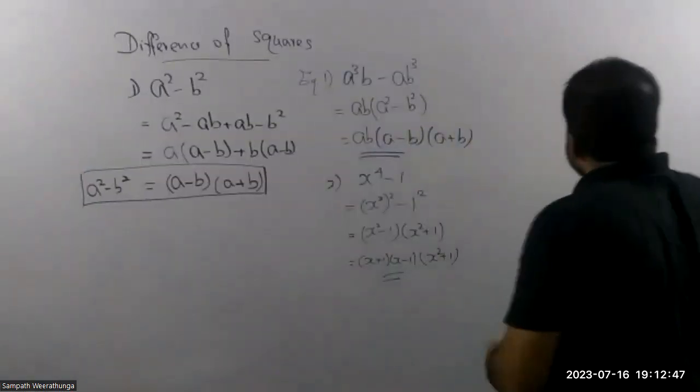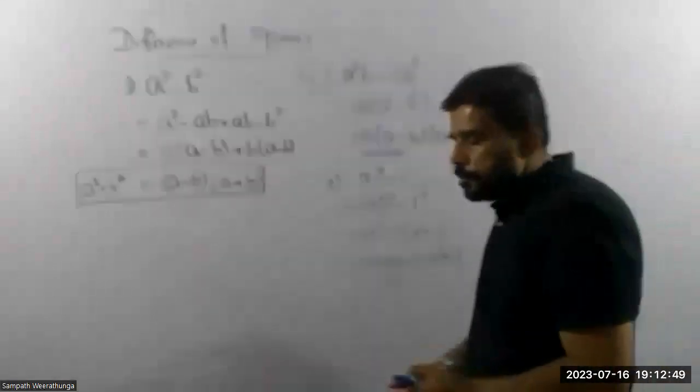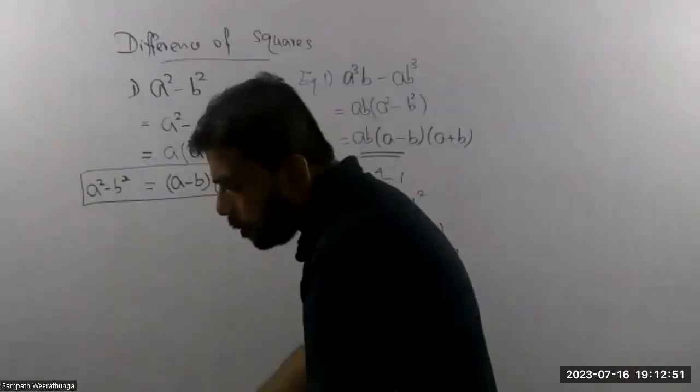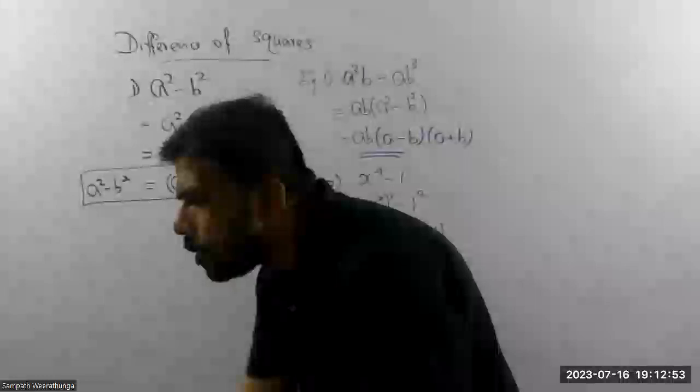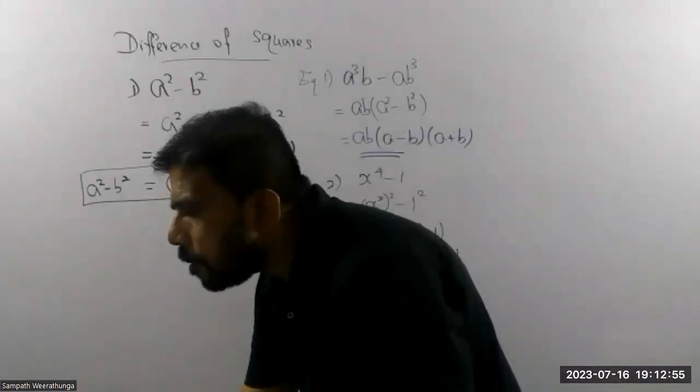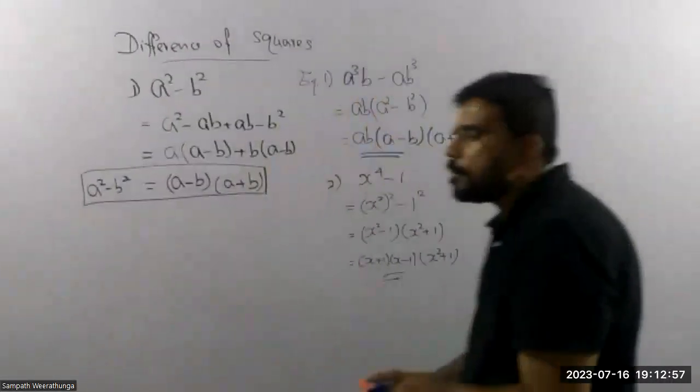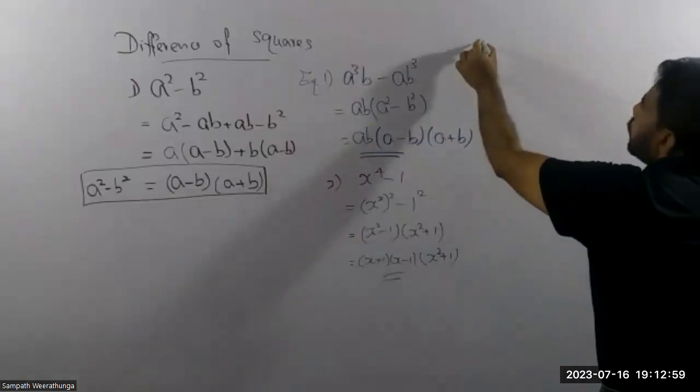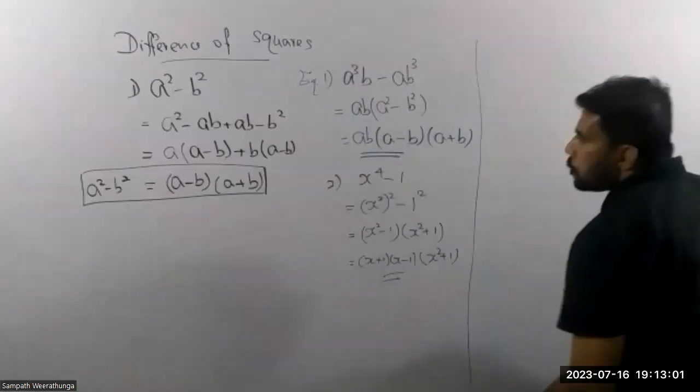Okay. Let's see some more problems. Let's see if I write in the next corner. Yeah, you can see, right? If I write in this corner. Okay. So the third one,